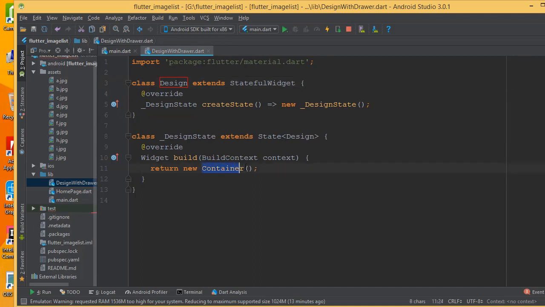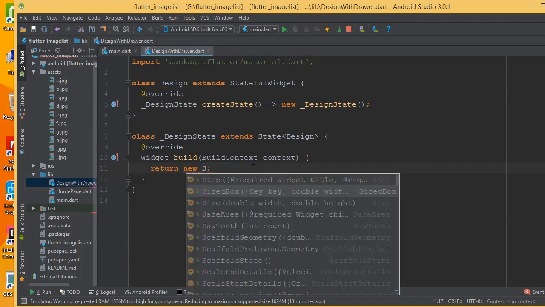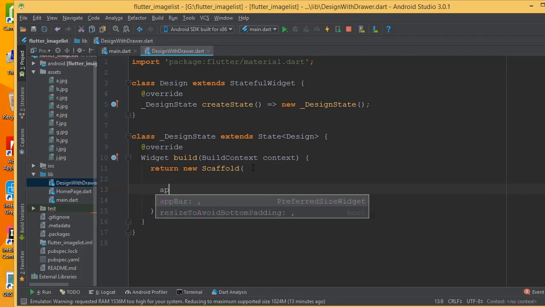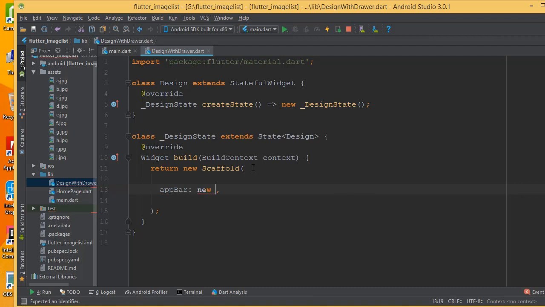Now first I will remove this container and add a scaffold widget. Inside this scaffold widget, first we need to add an AppBar. The AppBar is going to be a new AppBar, and it should have a title. The title is going to be a new text, and we can call it